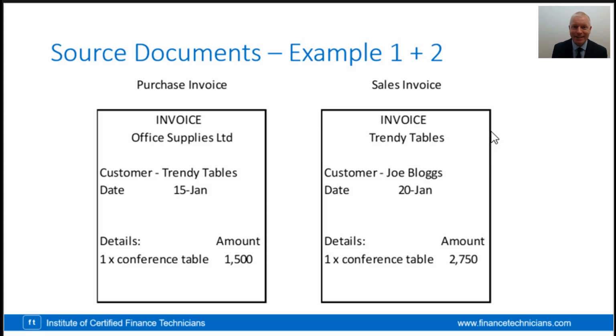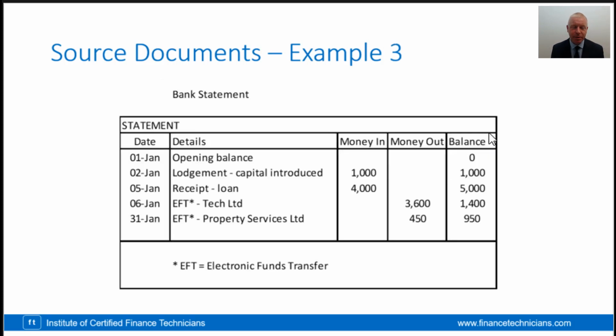So now we're going to have a little look at a bank statement. A bank statement is just the details of monies going in and monies going out of a bank account in relation to the business. And this is a pretty basic one. It will have a date, and it's just showing transactions for the month of January. In this instance, on the 1st of January, we have an opening balance of nil,